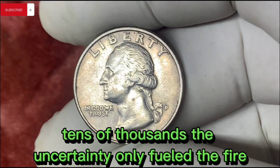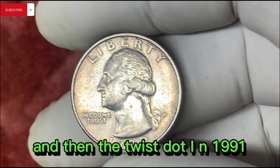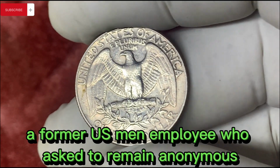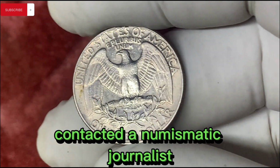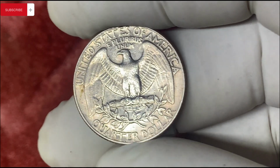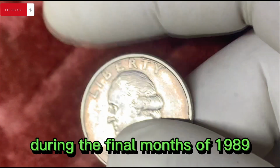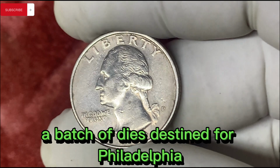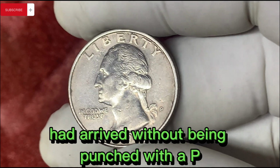The uncertainty only fueled the fire. And then, the twist. In 1991, a former U.S. Mint employee who asked to remain anonymous contacted a numismatic journalist with an intriguing confession. During the final months of 1989, a batch of dies destined for Philadelphia had arrived without being punched with the